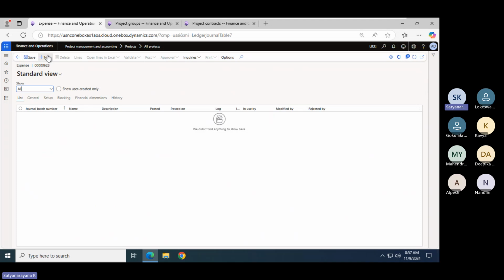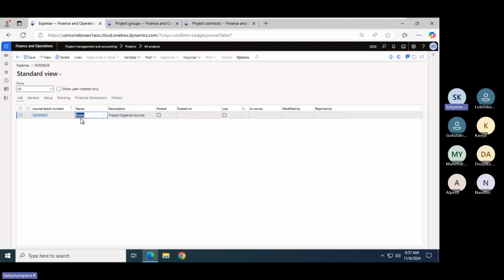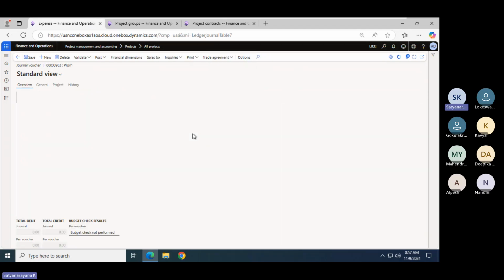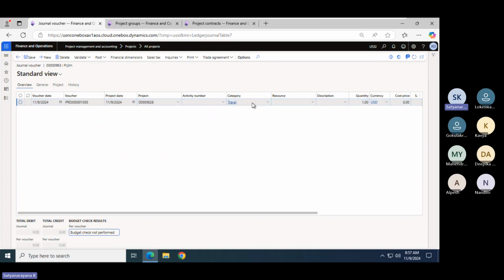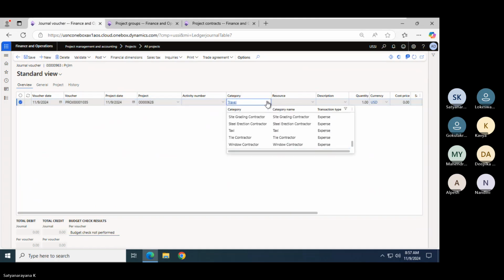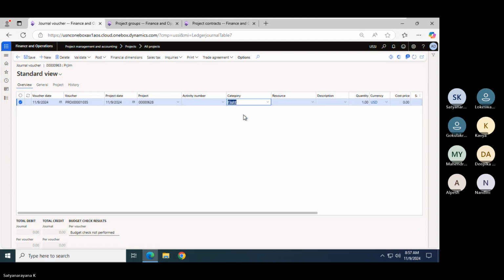Then I'm doing some expenditure here. So I'm entering, suppose, a flight ticket. Here the flight ticket is, suppose, $300.